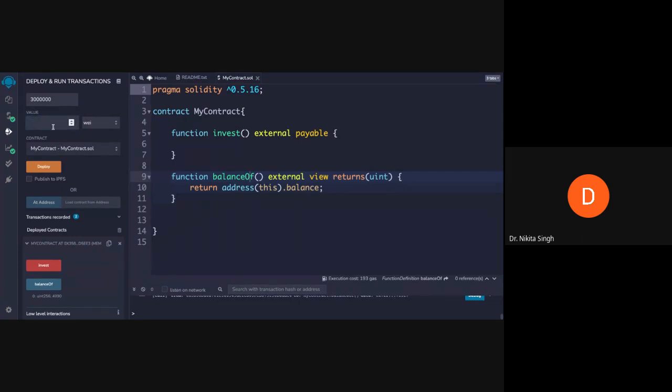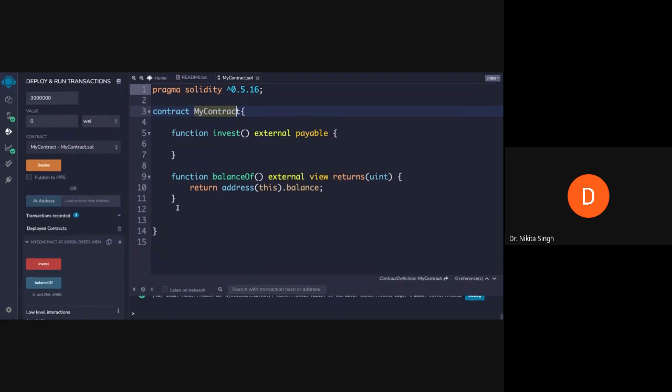So if I want to transfer 10 Wei into this smart contract, I will say invest. So I have transferred 10 Wei to this smart contract, which is my contract, and then we can check whether those 10 Wei have been received or not. So we will click on balanceOf, and now the balance has become 5,000.